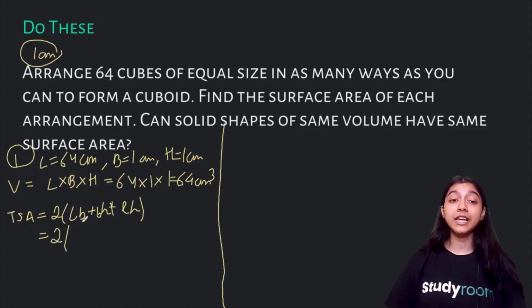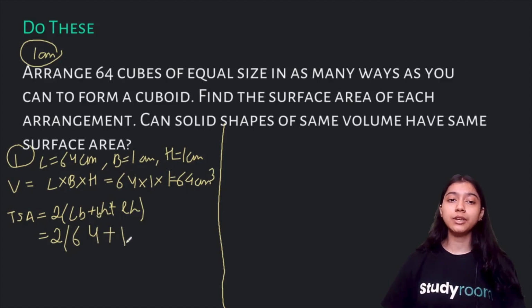So length multiplied with breadth will be 64 multiplied with 1, that is 64. Breadth times height, that means 1 multiplied with 1, that gives us 1. And then length times height, again that is 64 multiplied with 1, that is 64. So 64 plus 64 plus 1 gives us 129. So the answer will be 2 multiplied with 129, which ultimately gives us 258